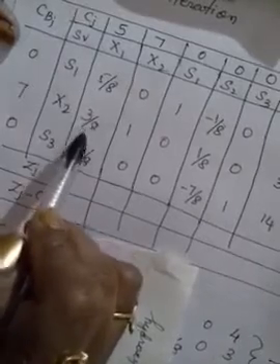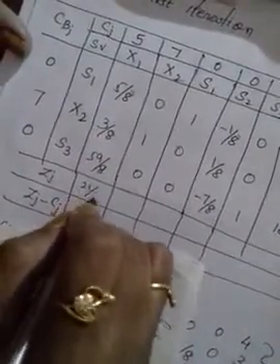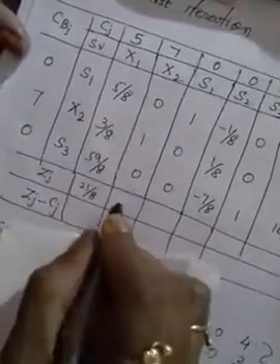Okay, 0 into 5 by 8, 7 into 3 by 8 and 0 into 59 by 8. Then we have to add the values because both sides are 0. So this entire equation will become 0, isn't it? Only we will get this equation. So if you multiply with the 7, we will get 21 by 8. Similarly, if you multiply with the 7, 1 into 7 is 7, 7 into 0 is 0, and 1 by 8 into 7 is 7 by 8, and 0 into 7 is 0, 7 into 3 is 21.